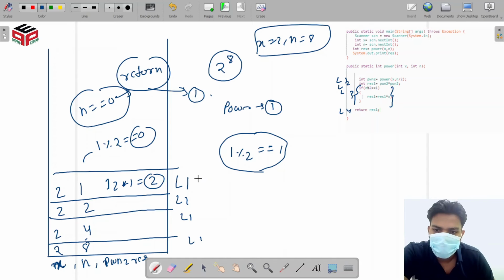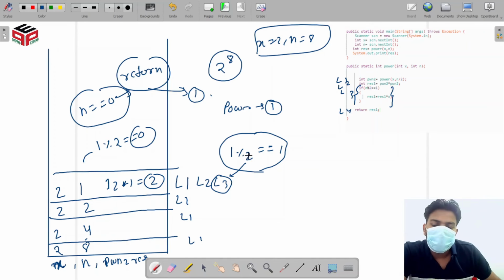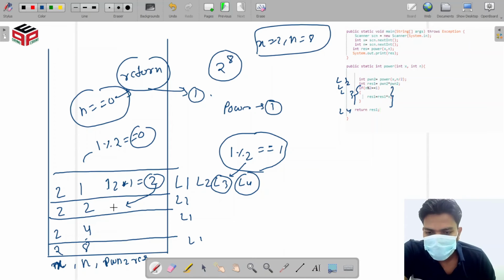When line number 2 runs, we get this. When line number 3 runs, we check that condition, whether it is divisible by 2, and then we return from line number 4, and this 2 returns to line number 1 at the stage of 2, where we multiplied with x.